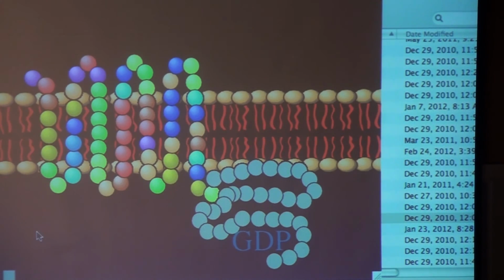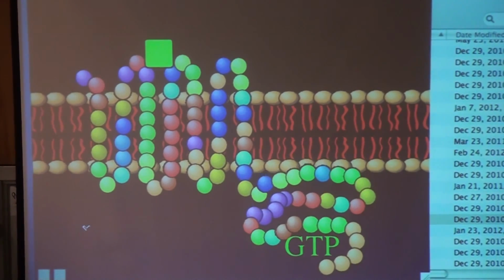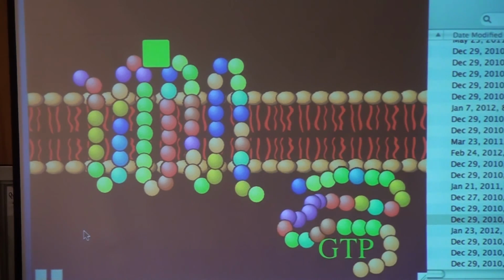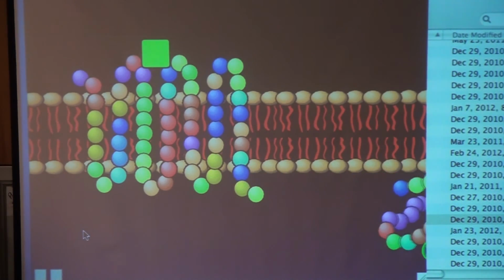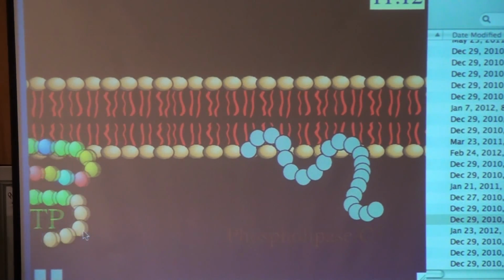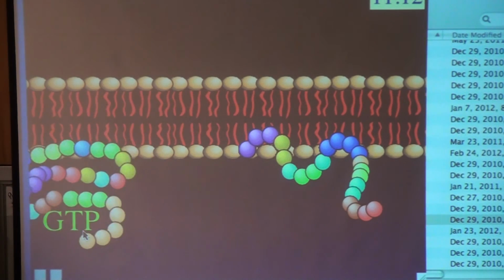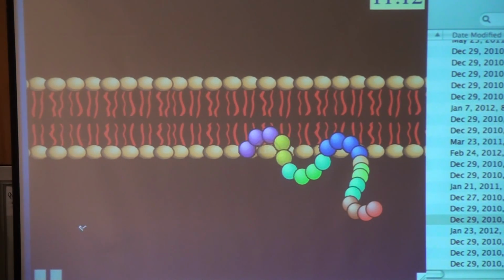There's the G protein linked receptor, the signal molecule finds it, the G protein gets activated because it now has a GTP that drifts sideways through the membrane and is now going to look for this phospholipase C relay protein. There it is. It's in an inactive state at first because it hasn't encountered the G protein yet. But here comes the G protein. The G protein activates phospholipase C, and phospholipase C starts cranking out a bunch of a type of molecule